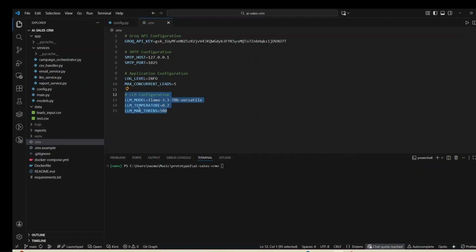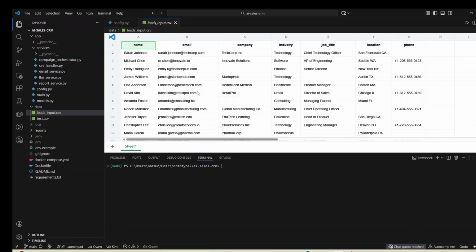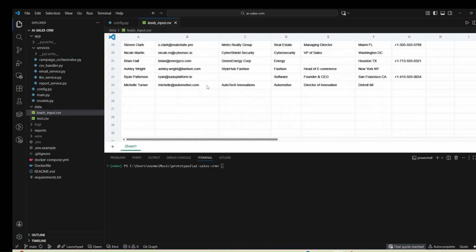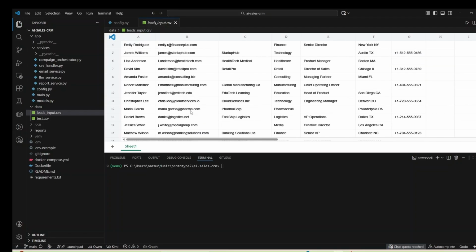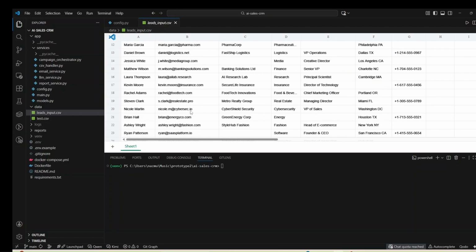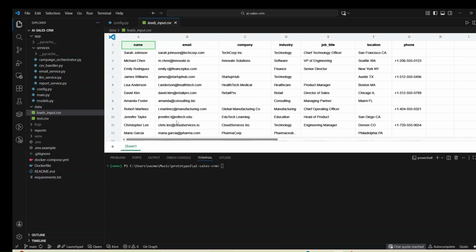Also, before executing the program, I want to mention the tasks I did. I follow a 6-step process. The first step is to read the leads from the CSV file with validation. This is the demo leads file, where 24 leads are available. As per the requirement, the leads should be 20 plus, so I kept 24.